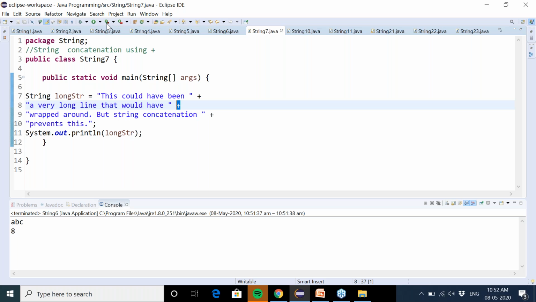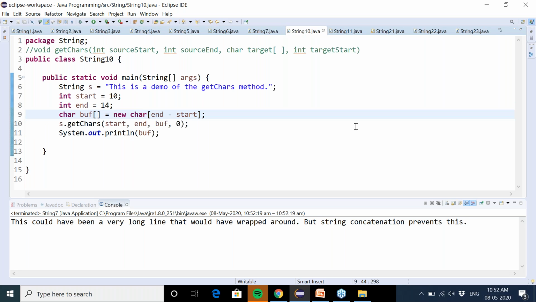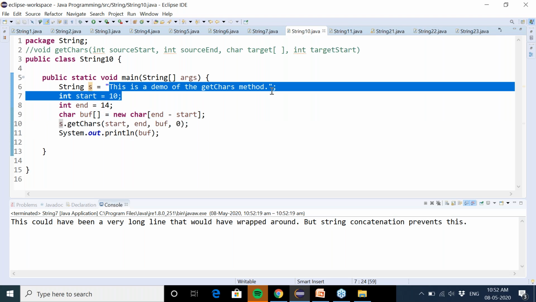The next program is getChars. If you want to retrieve characters from a string, this is a string object, as we have initialized it with this string: "This is a demo of the getChars method." Then we want to retrieve some part of this string. Let's say this part I want to retrieve.